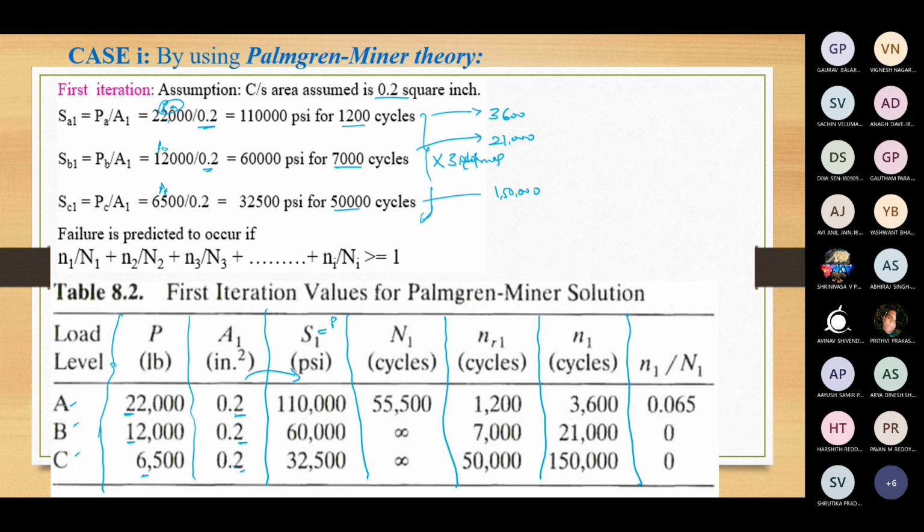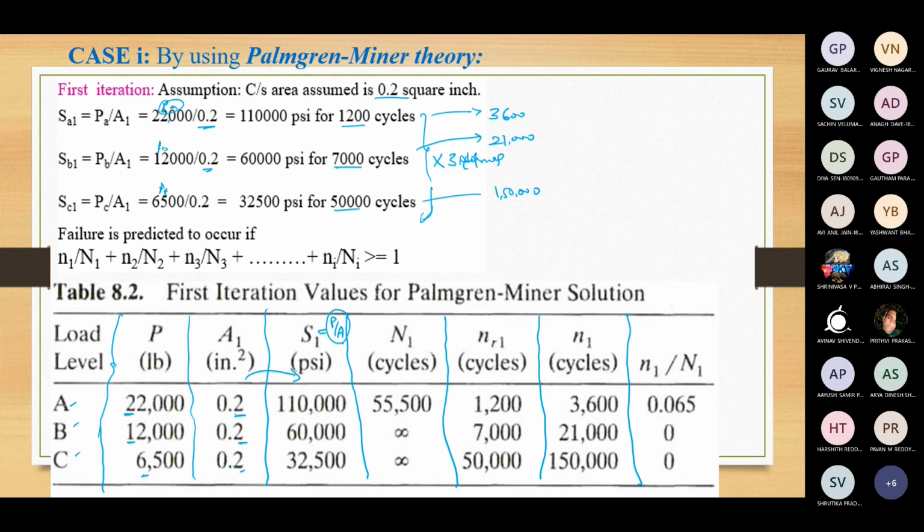This is nothing but load upon area. It is mentioned in the problem that this is axial load. That is why it is load upon area. Don't blindly consider stress as load by area straightforward. In the present problem, it is mentioned that it is an axial member. The load applied is axial in nature. Therefore, I am writing the equation of axial stress as load upon area.